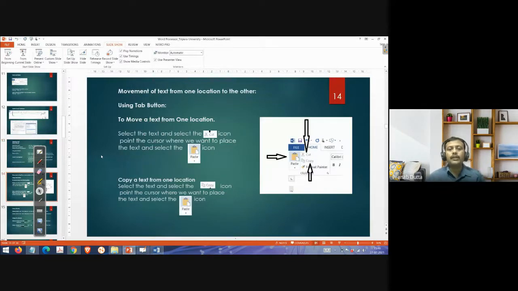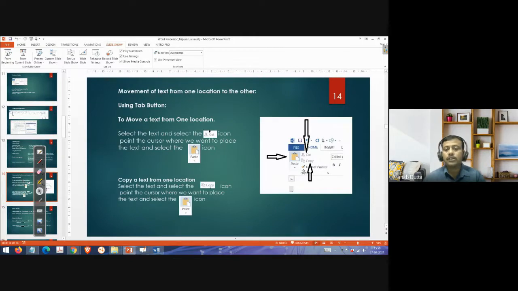Now, movement of text from one location to another. I can use the mouse or I can use the tab buttons. First I will show you using the mouse and the tab buttons how you can do it.